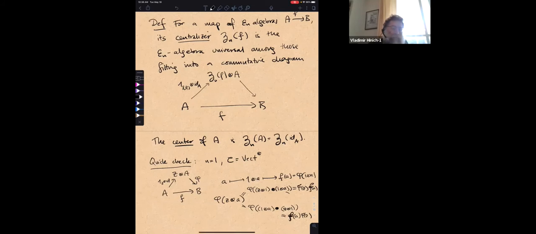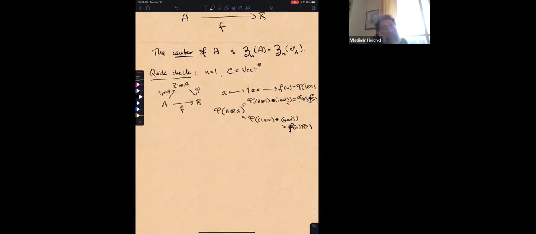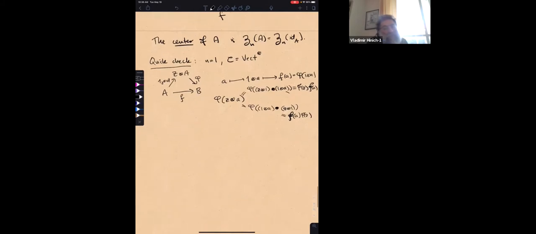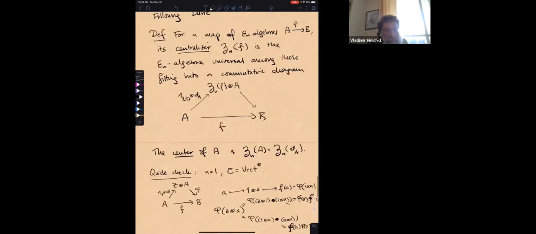Okay, so if this was the identity, this is literally asking for the center. So this is a nice generalization of the notion of center. People sometimes call this commutant for the relative case. Okay, so remember, we just defined what we mean by centers and we generalized it to the notion of centralizer